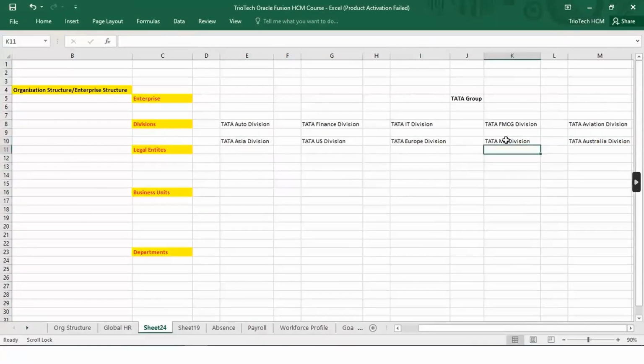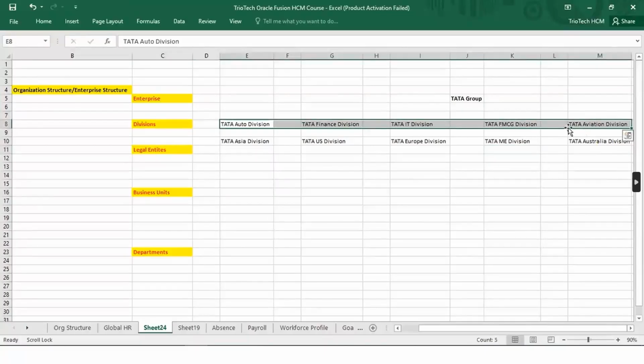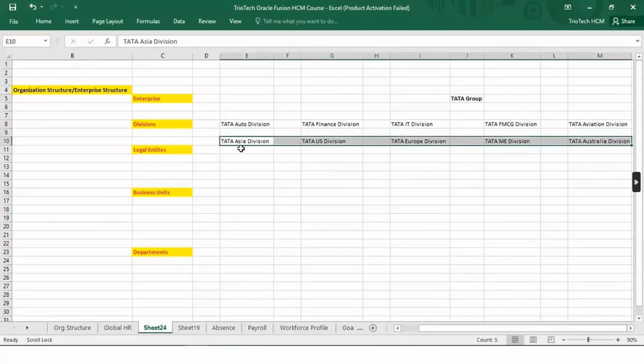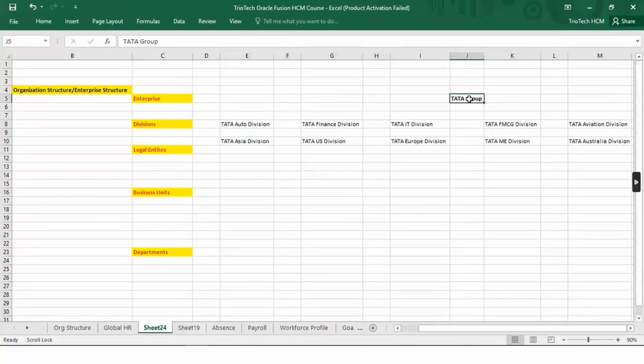So divisions can be categorized based on industry specific or the business functionality specific that your client is into, or the region or the location wise specific. So under the enterprise, that is the ultimate mother holding group of your client,